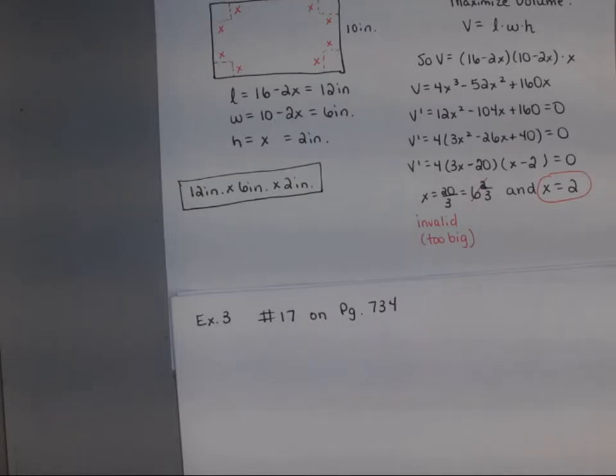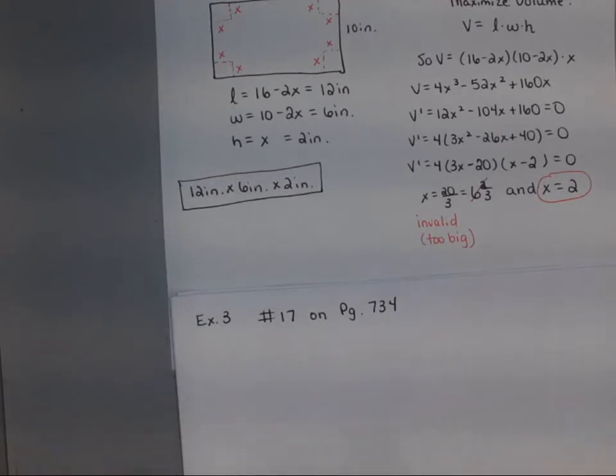But I'm going to read it out loud too. All right, so we have a charter flight, and if exactly 200 people sign up for the charter flight, then each person is going to be charged $300. But if more than 200 people sign up for the flight, and it says assume this is the case, then each fare is reduced by $1 for each additional person. Determine how many passengers will result in a maximum revenue for